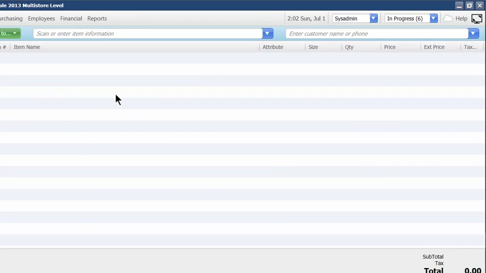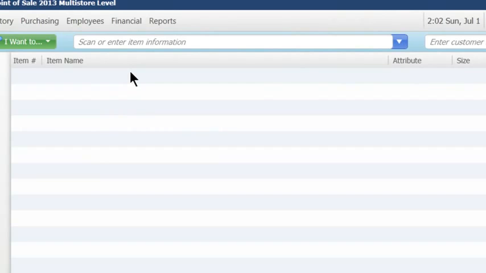Now the other thing that I would like to mention here is you can create and print a customer badge or a reward program identification badge for your customers that has a unique barcode on it for that customer. And you might want to consider doing this if your reward program is going to be of any size. And the way that would work is then when the customer comes in and hands you their badge, simply scan